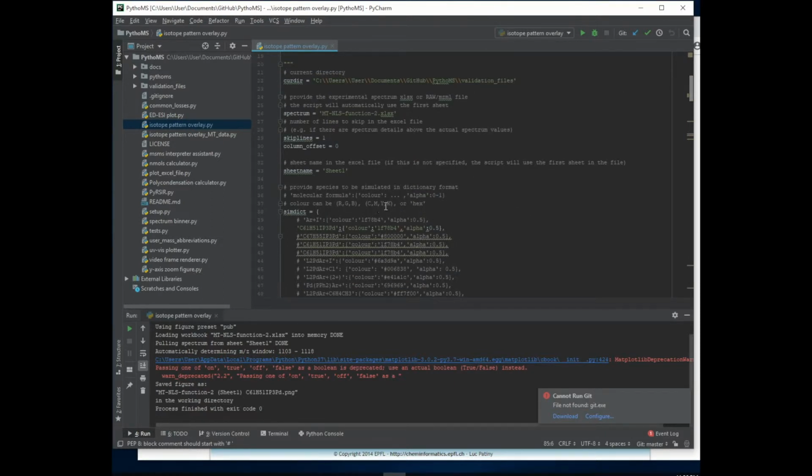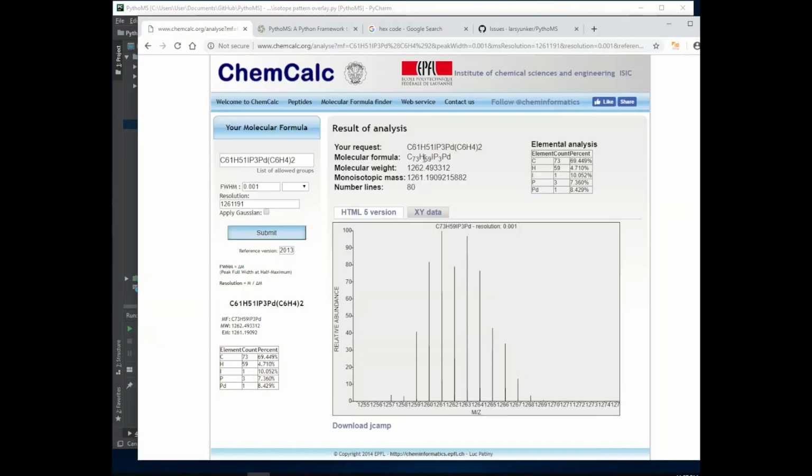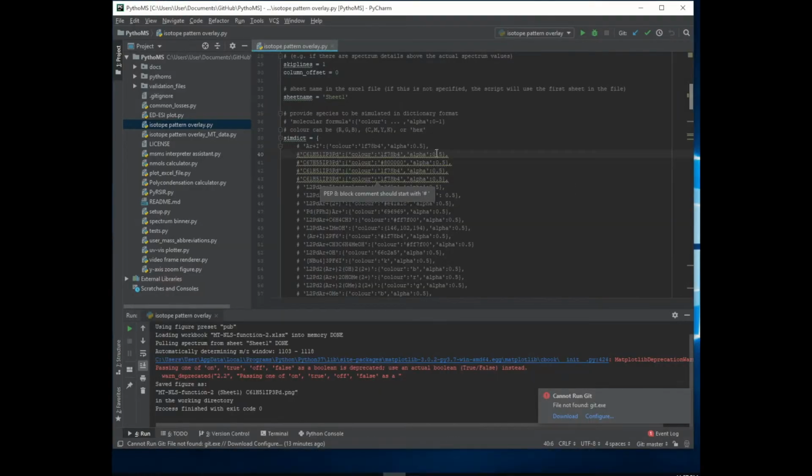So let's see another example. So you're going to try another palladium species in the same data file, but with the extra aryl ring, so it'll have a different mass peak. Okay, so now we're going to copy and paste the molecular formula. Then this time let's change the color setting. So